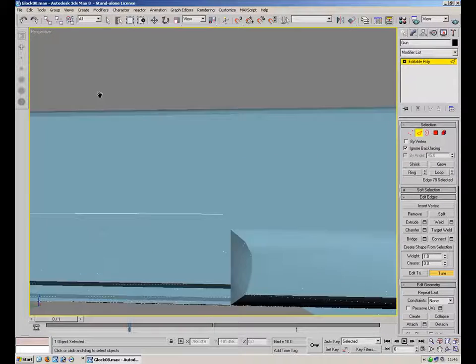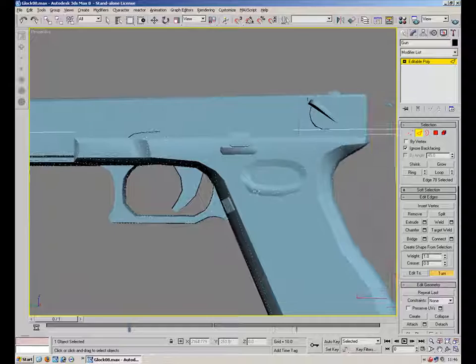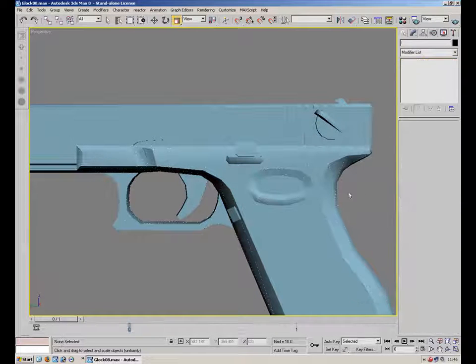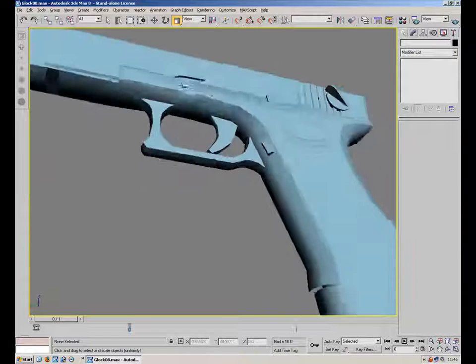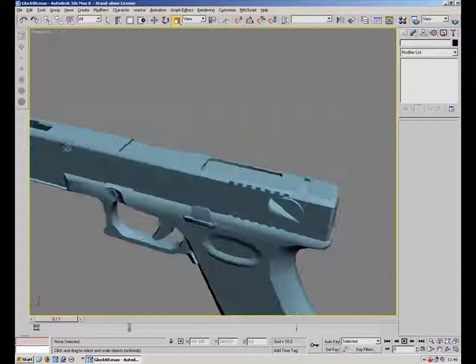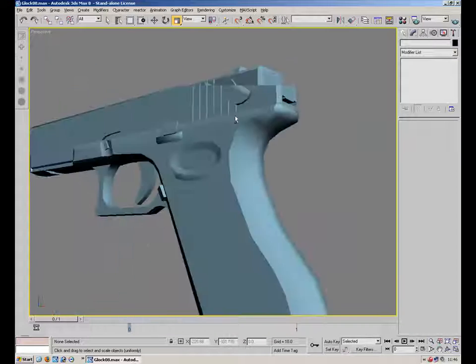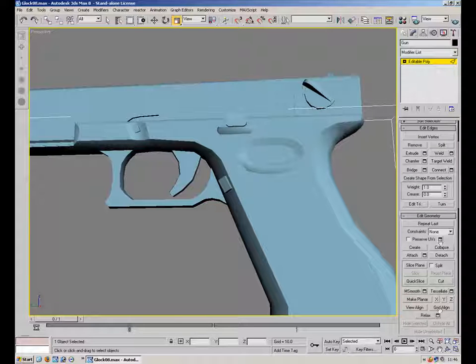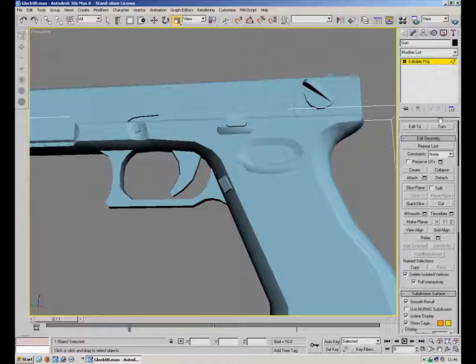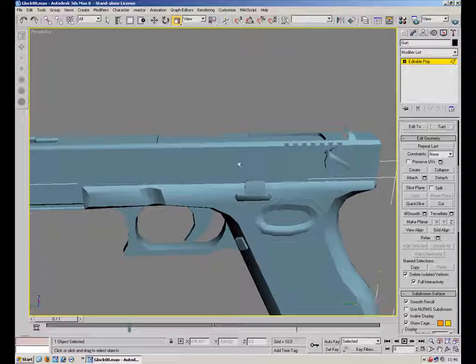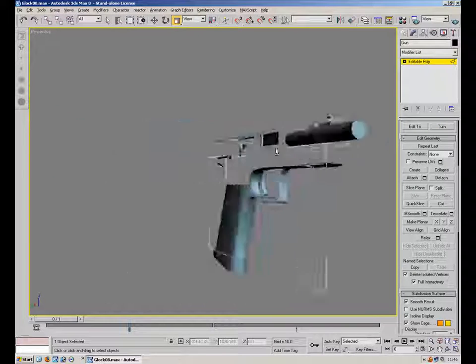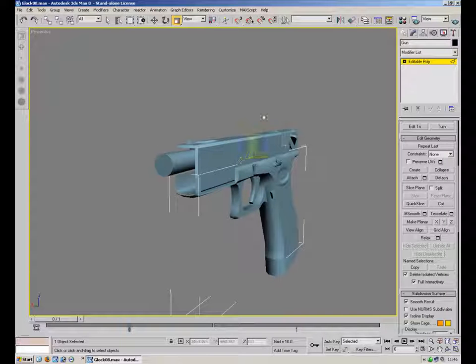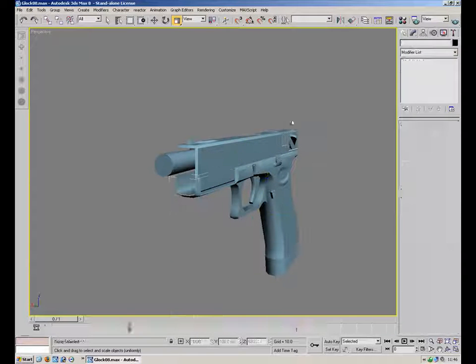which you're just going to have to go through with the turn tool and fix. But I don't really think I'm going to bother, because I could sit and play with it all day. So yeah, to fix any little errors you've got, you just want to use the turn tool under the edge selection and just turn edges until your errors disappear. Oh, actually, what we need to do